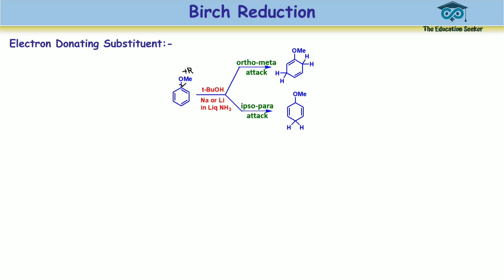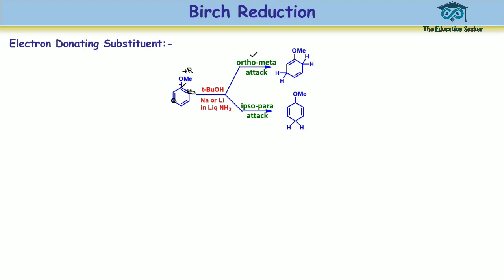But if you are a synthetic chemist, you have that opportunity, because you can apply Birch reduction as one of the reaction steps, so you can partially reduce the anisole molecule. Now the anisole molecule under the given condition can follow two types of attack. The first one is ortho-meta attack. So this is the ortho carbon and this is the meta carbon.